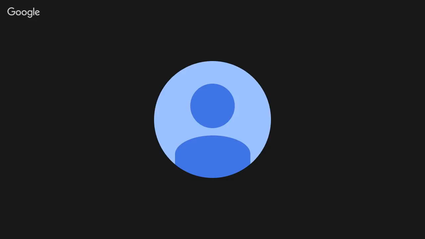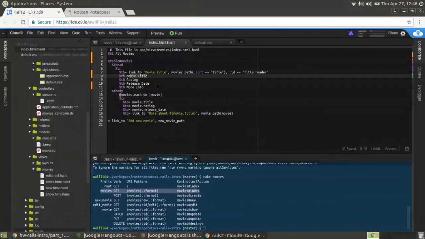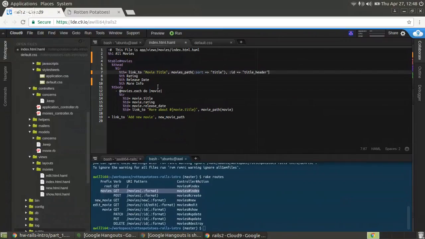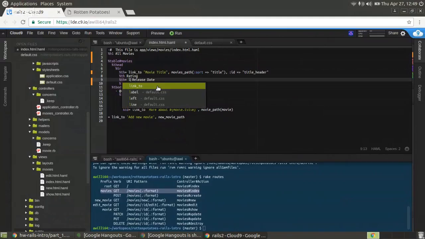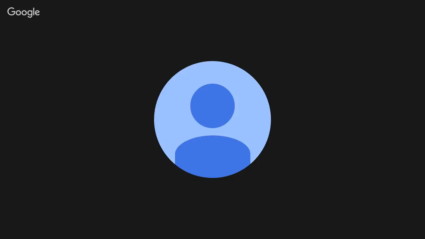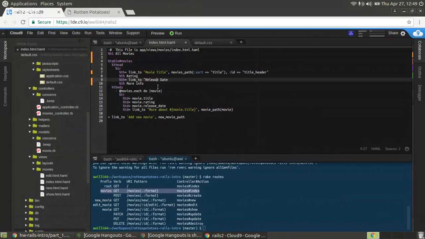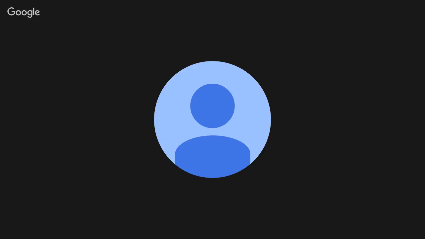Basically the same thing. Turn it into a link. Oh, I've got to get rid of this too. Oh, yeah, good idea. I'll just get rid of this one. I'll just modify it. Yeah, that'll work. Why not? link_to. We're still going back to the same place. So now the sort needs to be by